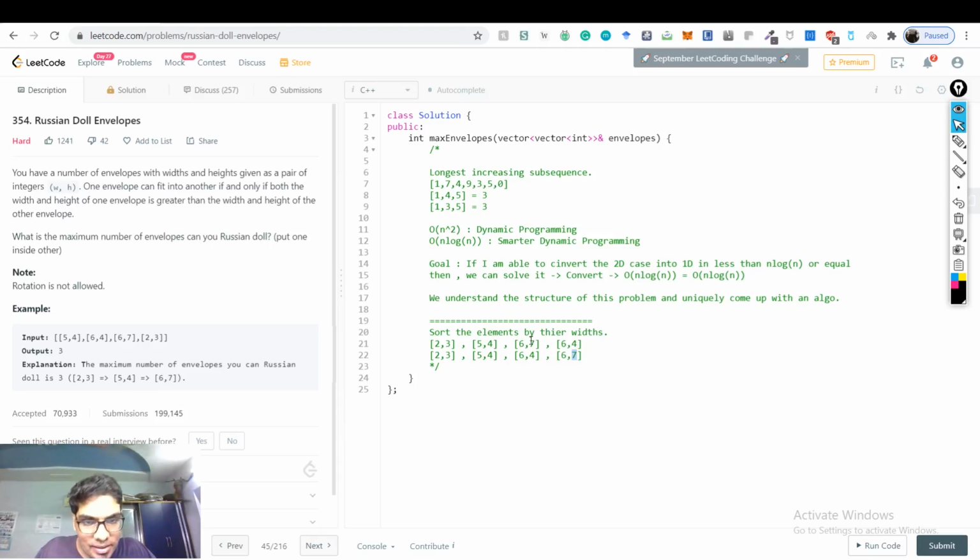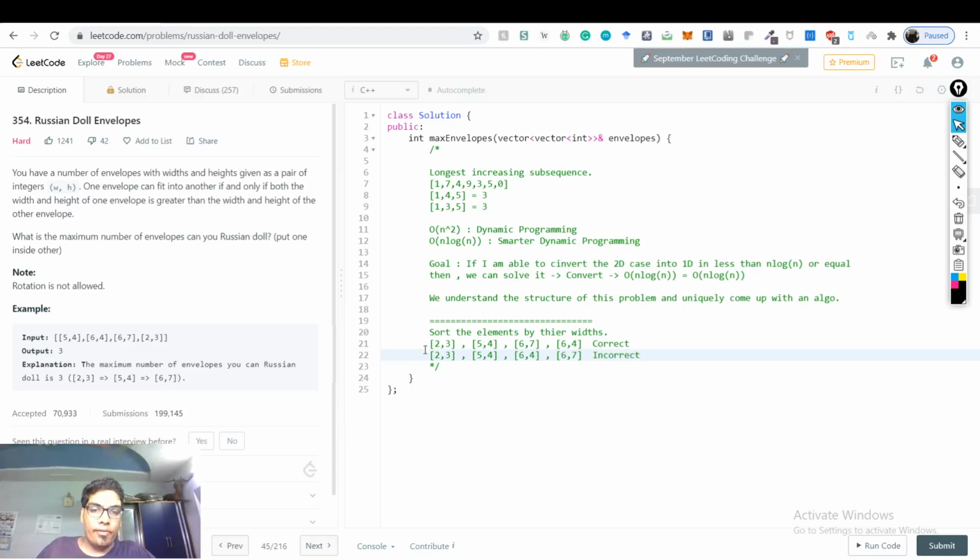So what has to happen is that the 7 has to come first and the 4 has to come second if the first part is the same. This is a very key observation, that this thing will now fit into this thing, or subsequently on the right side. So this thing will not fit in this thing because the 6 and the 6 are the same. When the widths are the same, the heights have to be tied, and we have to arrange the heights in such a way that the left side will fit into the right side. So this is a very, very important consideration, that this is correct and this is incorrect, right?